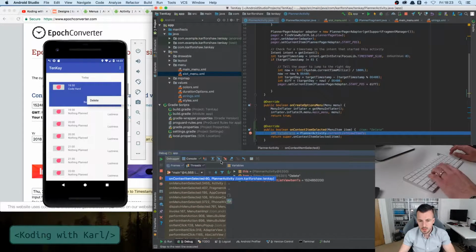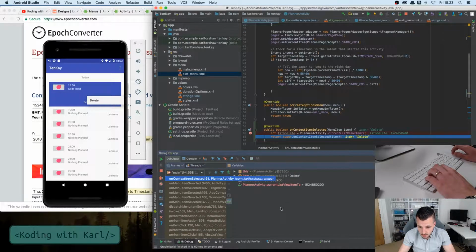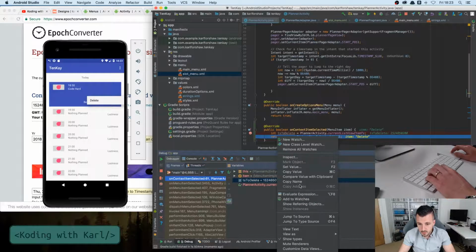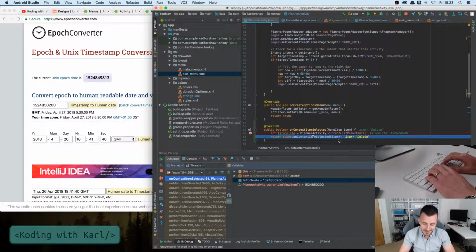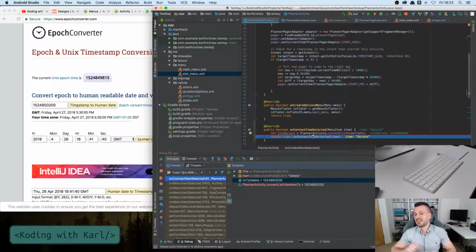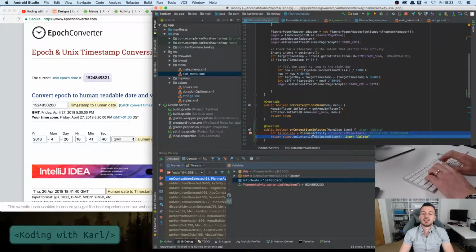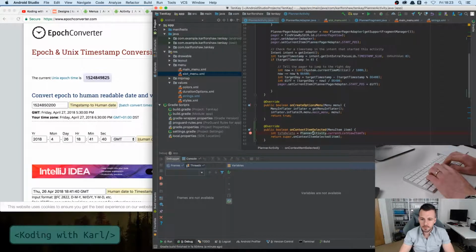Okay, so we're going to jump over this line, and what do we have? Copy value. Perfect. Okay, so we can do it. We have the technology. And I guess what we could do actually is something along the lines of, if we stop the debugger, now that we have that, we could do like